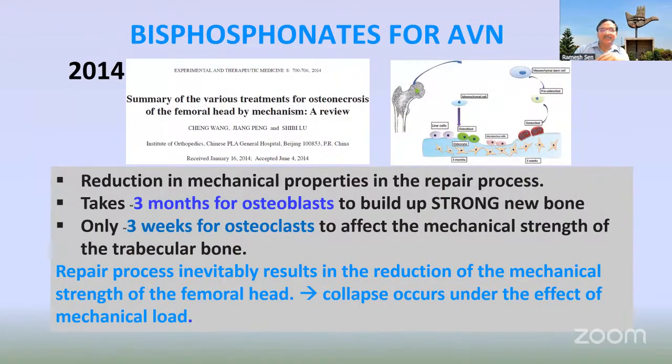However, there was a very beautiful paper on how bisphosphonates will help. It is supposed to be that our osteoclasts are more active. They take 3 weeks to weaken the mechanical strength so that there could be a place for osteoblasts, while osteoblasts are slow to come up. So if we give bisphosphonates, they will slow down the osteoclasts. So the speed of destruction and construction might match up, so they may be useful.